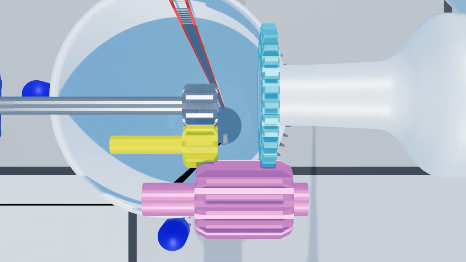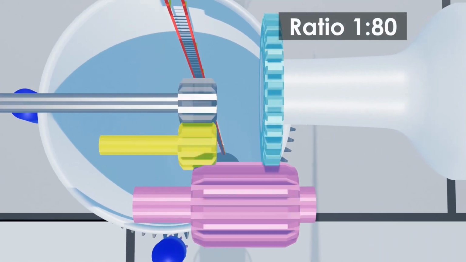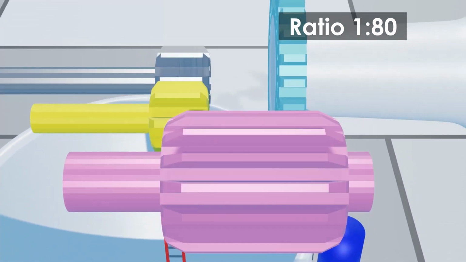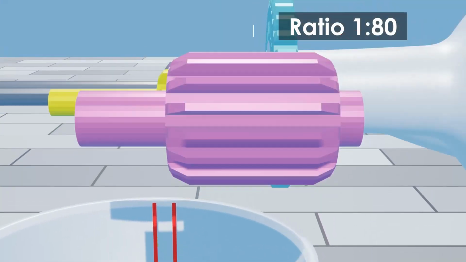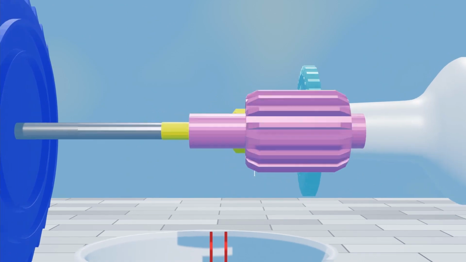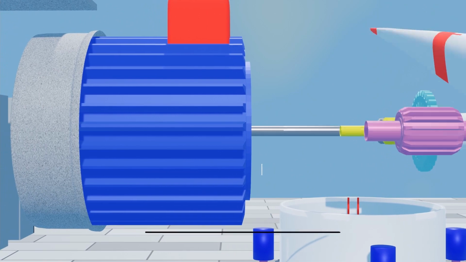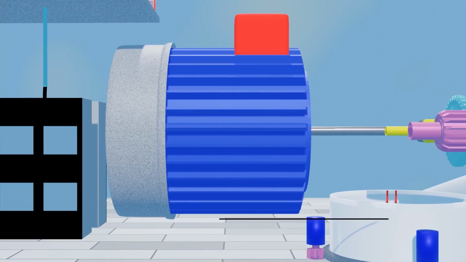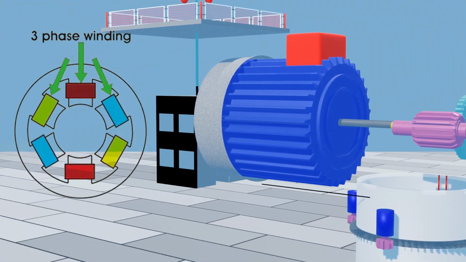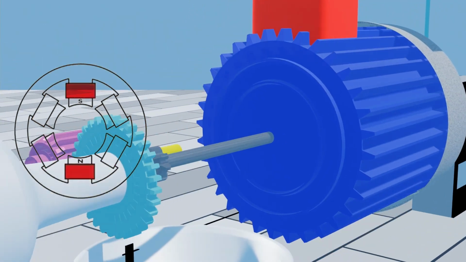The gearbox increases the speed to a higher value. For example, if the gearbox ratio is 1:80 and the RPM of the low speed main shaft is 15, the gearbox will increase the speed of the generator shaft to 1200 RPM. The gearbox is connected to the generator where the electricity is generated. The generator is an electrical device that converts mechanical energy received from the shaft to electrical energy. Normally we use induction generators in modern wind turbines. Previously synchronous generators were popular for this purpose.